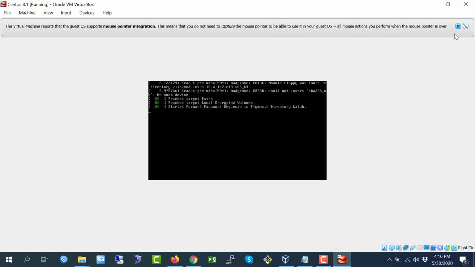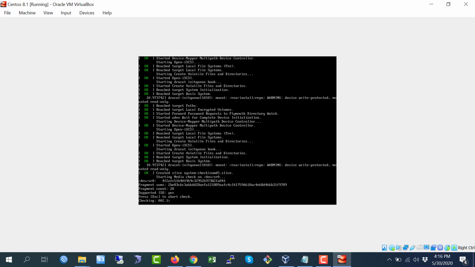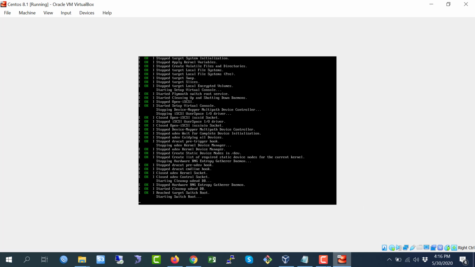At first I need to check whether my media is okay or not. Okay, you see here at the bottom left corner, checking 0.11. It takes a small time to check. Okay, now it's starting.